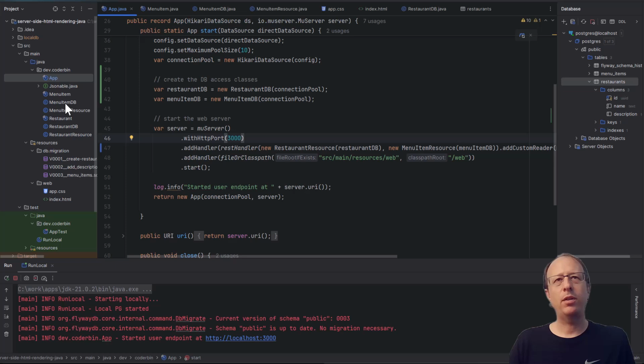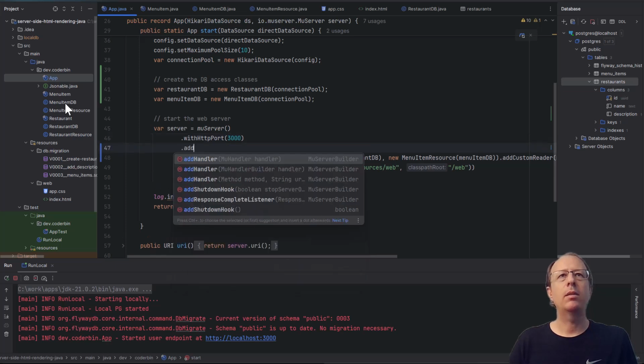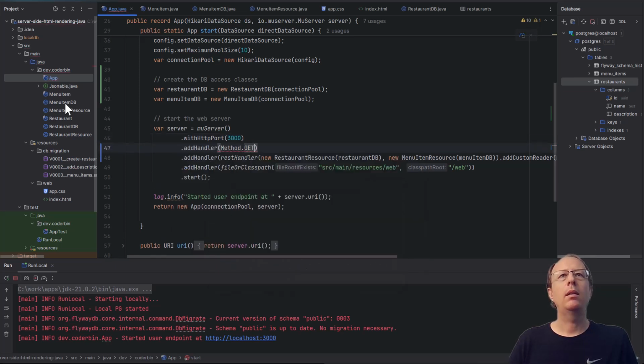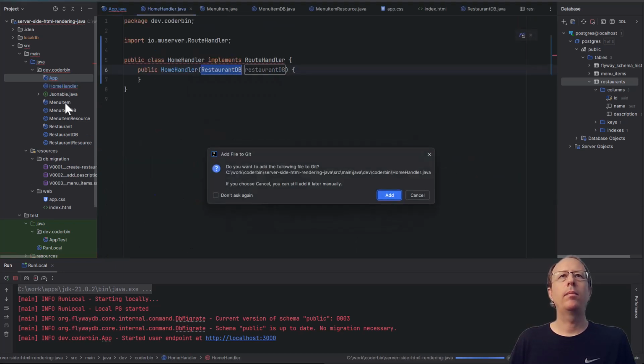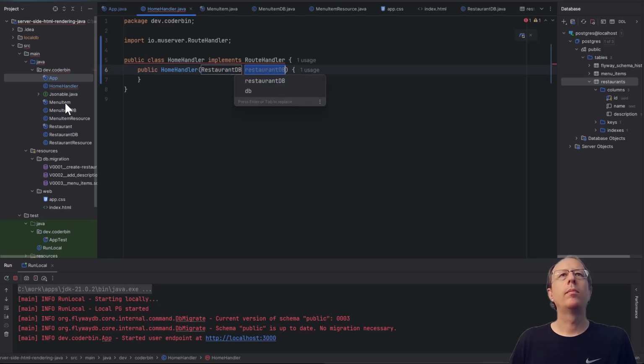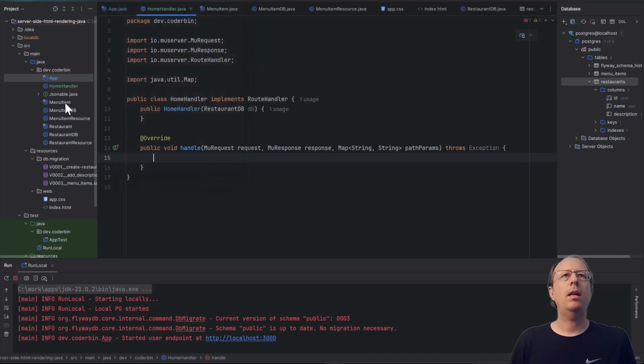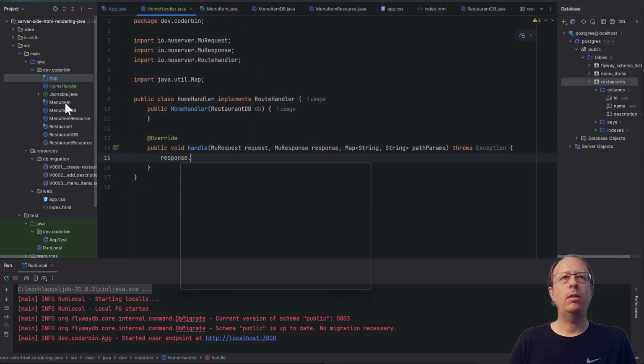First of all, I'm just going to try writing some HTML directly to the response object without Pebble, just to make sure we can read from the database. So I'm going to make a handler for our homepage. Let's just call that home handler. Now we're going to need restaurant data from our database. That class has it, so we can just create this class here. Call that DB. Okay, implement the methods, handle, and to make this render HTML.